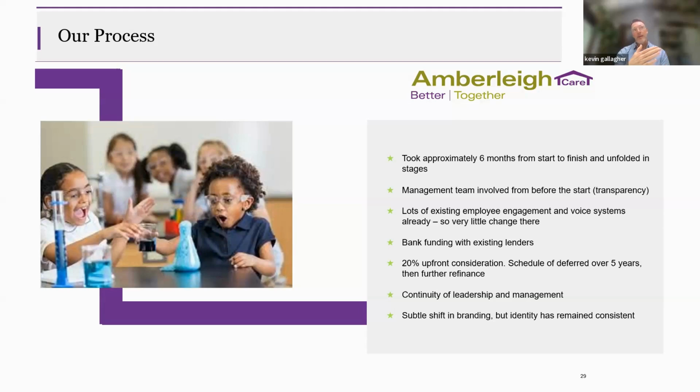And then once we had landed on the EOT route and started to make a connection with Andy and the team at PwC, we've basically kept the management team involved all the way through the process. One of the things that we found is that for us as a service, because we're working in social care and partly because of our therapeutic practice model, we already have very significant levels of employee engagement built into our